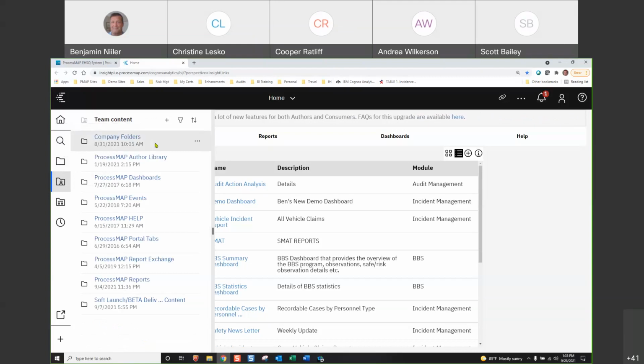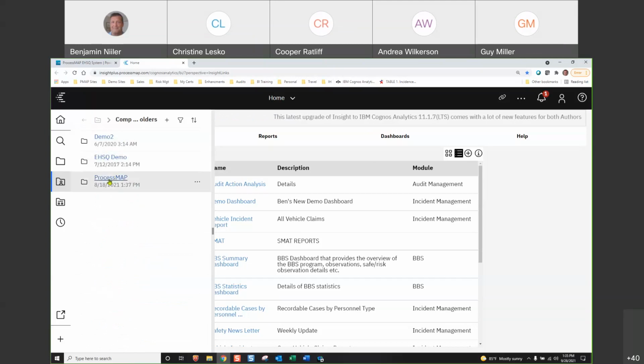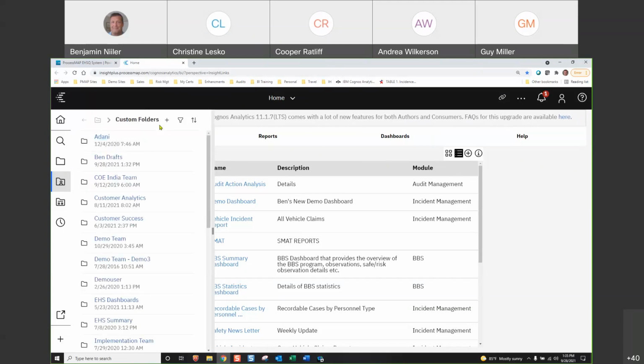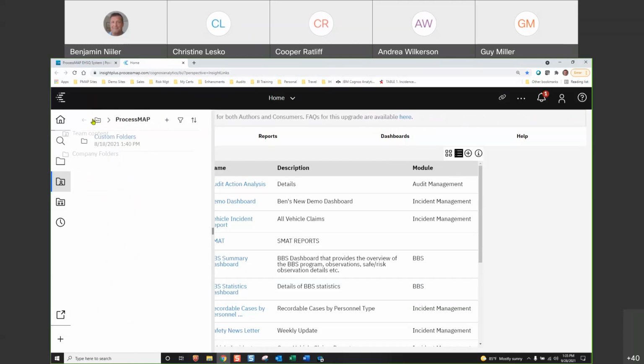These main folders and team content are locked down. You cannot add to these. They are the same with your application. They're the same with, you know, Acme Tires. It's the same for everybody. Your internal content is within your company folder and in custom folders. So now, once you're in custom folders, then you can create. You have to take a couple leaps to get past team content, company folders, open your folder, then you can